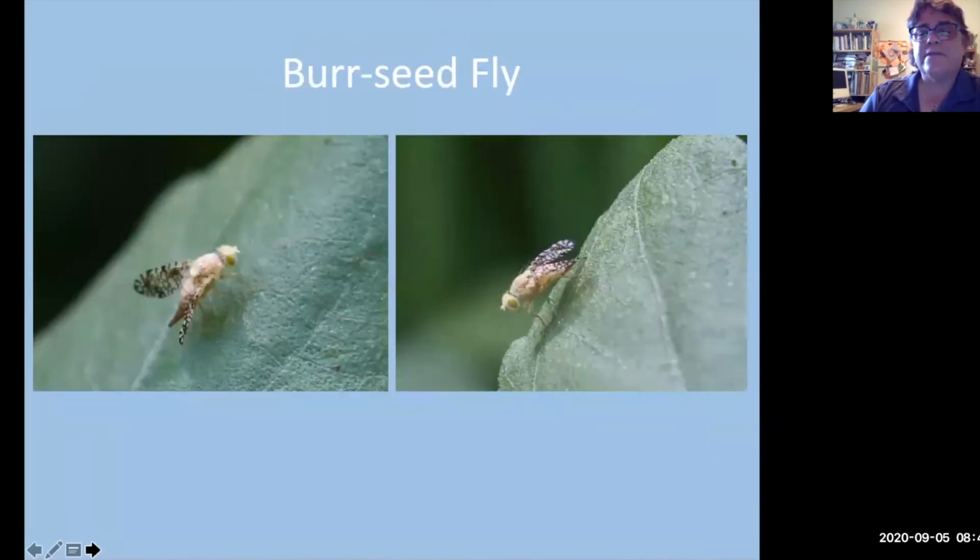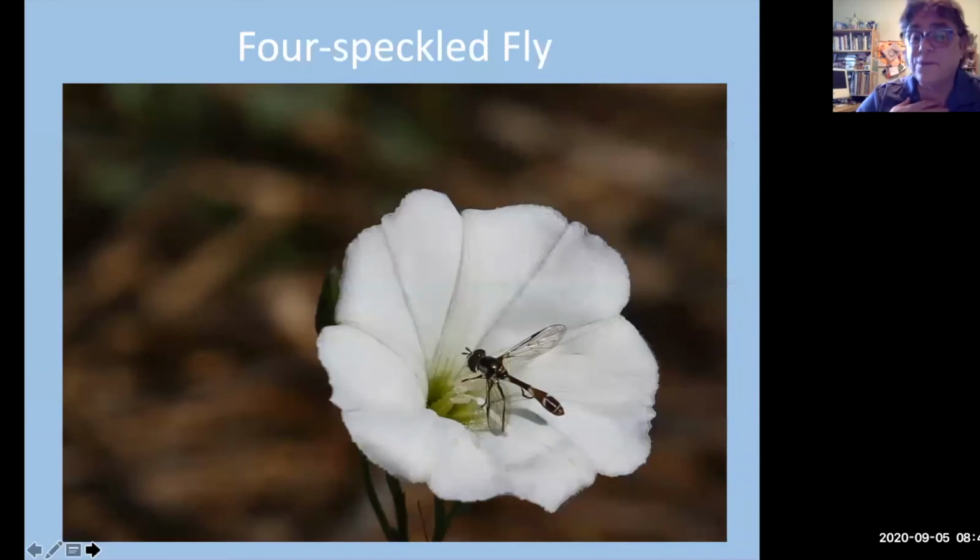This is a birdseed fly. Again, this thing is about 2 to 3 millimeters, so it's the little tiny part of your fingernail. Beautiful green eyes. Look at this patterning, intricate patterning on the wings. I love these. This was a life one for me too. I've never seen this anywhere, and I've looked at a lot of insects.